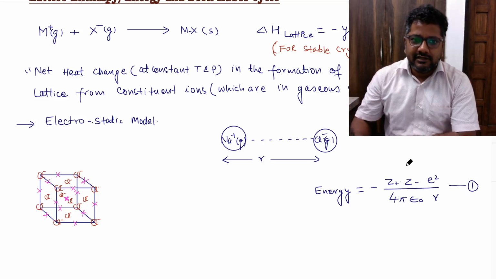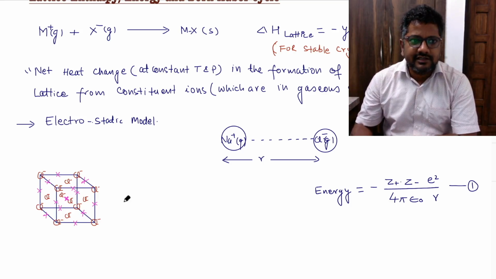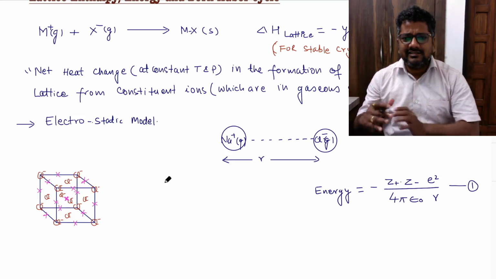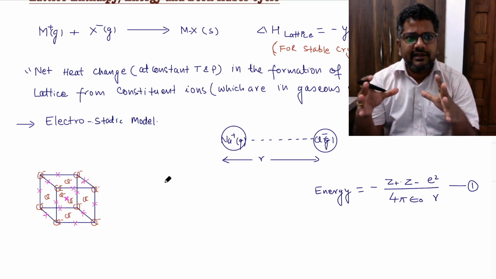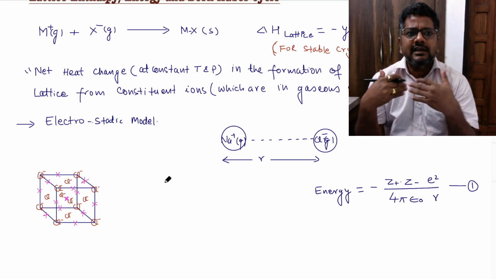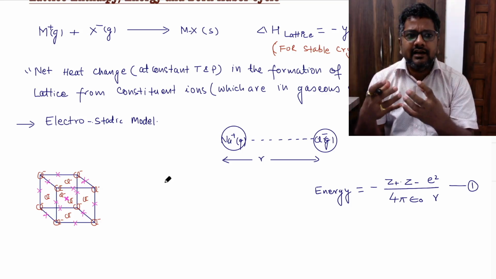But if you see this one unit cell, this is not the actual situation. Only one ion is not there. There are so many ions, and in the surroundings of these ions, some other ions are also present. There is some repulsion, some attraction. So this is not basically asked to you to calculate, but you should have some elementary idea to